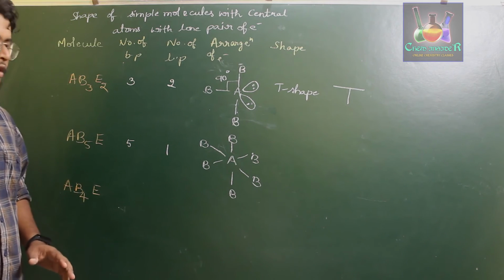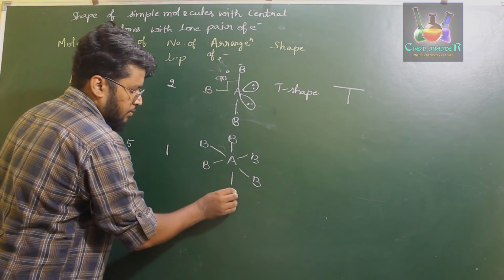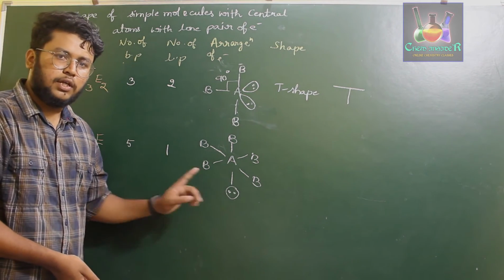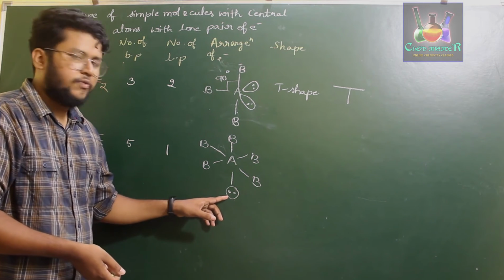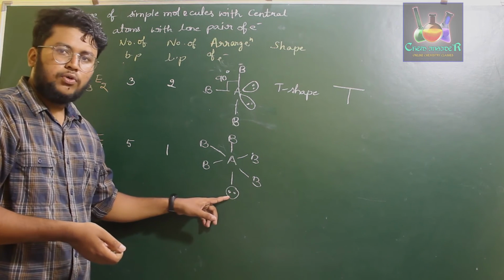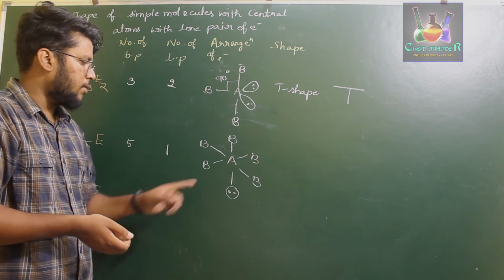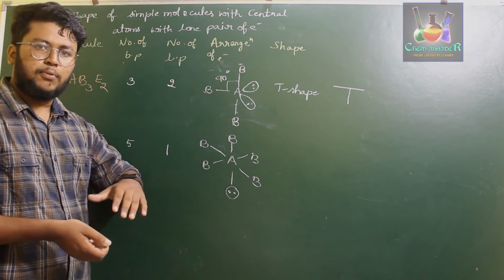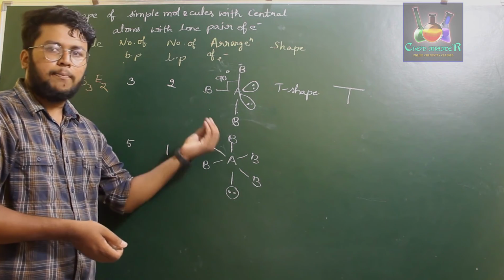But what happens over here is, when you replace one of the bonding pairs with a lone pair of electrons in this particular geometry, it gives us AB5E type of geometry. And while this lone pair was pushing these 4 bonding pair electrons, the amount of repulsion between this lone pair and the 4 bond pair electrons will just be nullified by the 4 bonding pair electrons. Therefore, instead of these 4 bonding pairs being pushed away from the lone pair, A will be pushed a bit upwards.